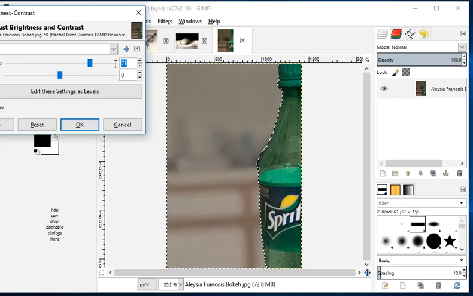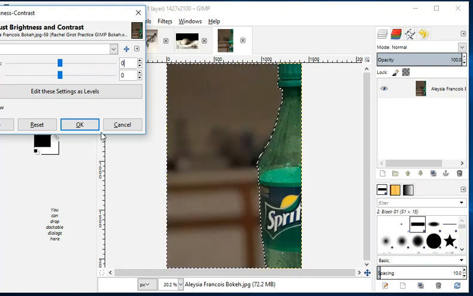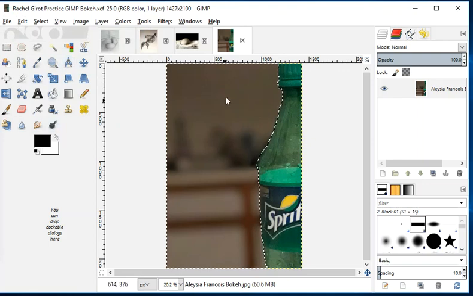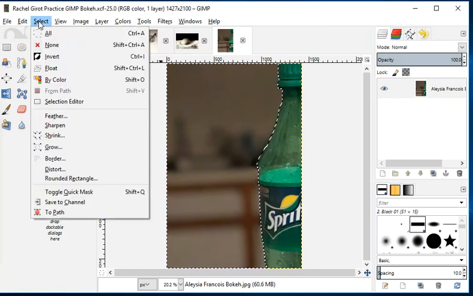I'm just going to set it to 0. I don't really want to change the background, so I'm going to click OK or cancel. What I really want to change is this bottle, because I like my background. I am going to go to select, because this is a selection, so the selection tools are under select, and